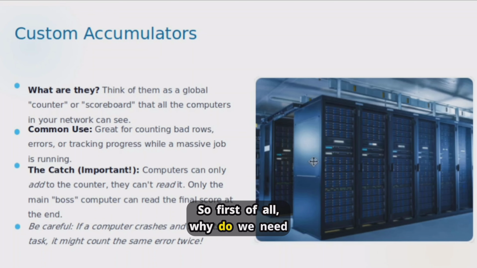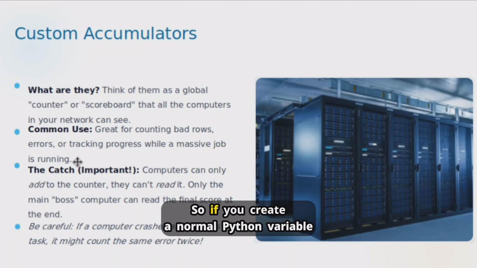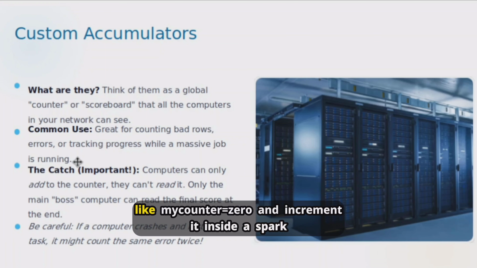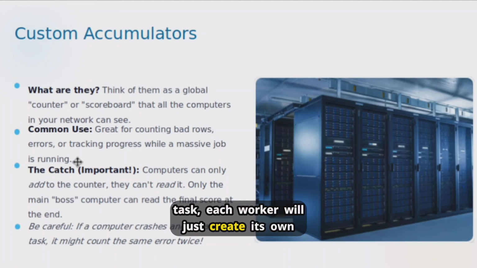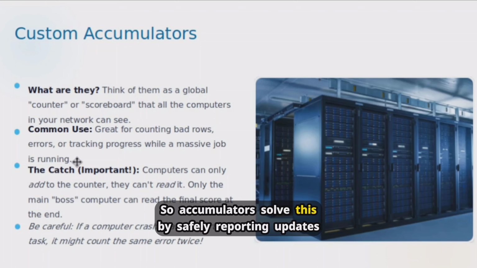So first of all, why do we need them? In Spark, standard variables don't work across multiple machines. So if you create a normal Python variable like my_counter = 0 and increment it inside a Spark task, each worker will just create its own local copy. So when the job finishes, the main program will still see 0. Accumulators solve this by safely reporting updates back to the driver,